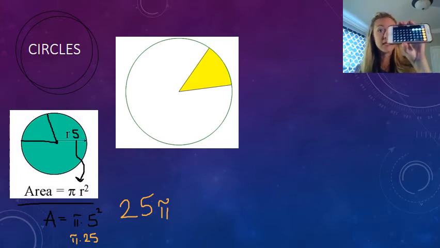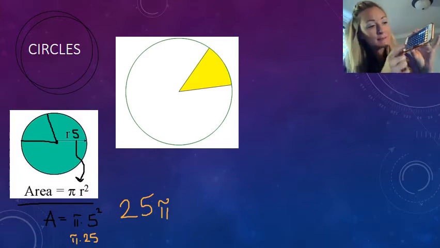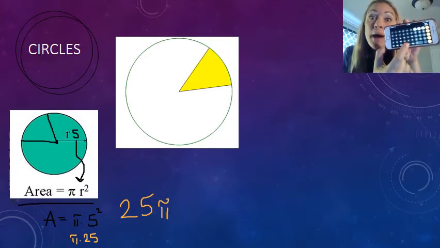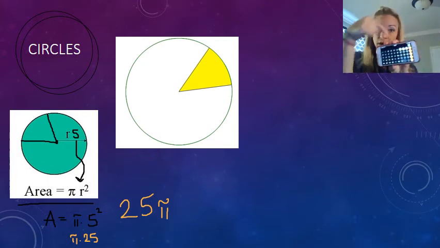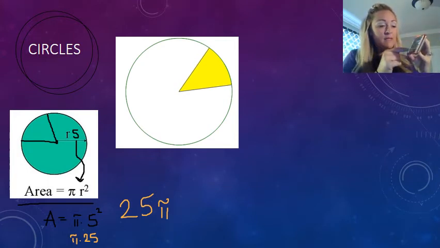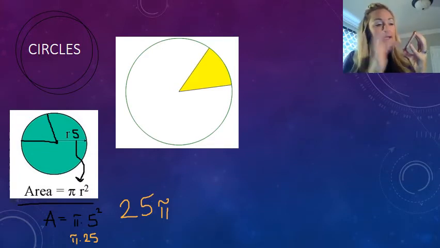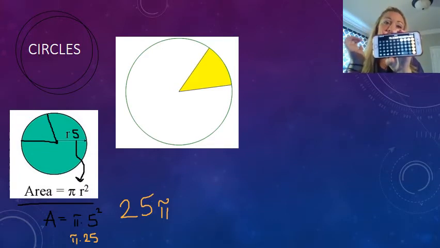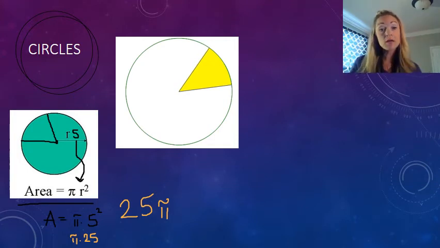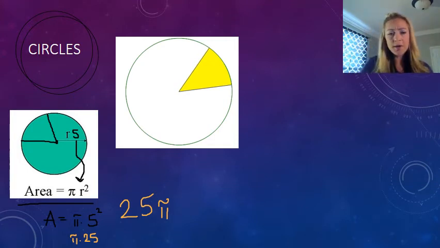Or, again, you can take your calculator, and do you see this? Look at that fancy button. I have my pi button. So I can hit, I already have 25 here, I can hit times pi. There's pi, that decimal that goes on forever, and I hit equals, and there's my answer. Now, again, it's a decimal that goes on and on, so I'm just going to go ahead and round. So my answer is 25 pi, or I can put